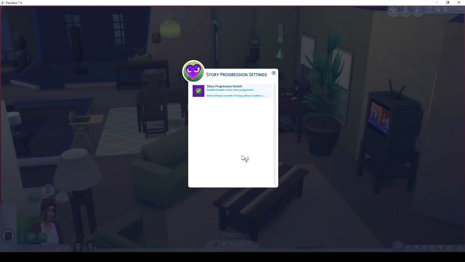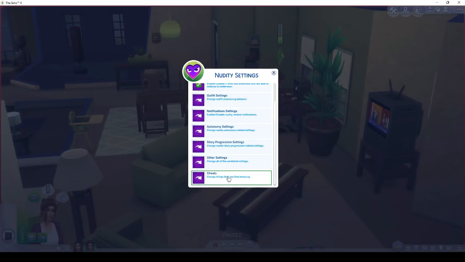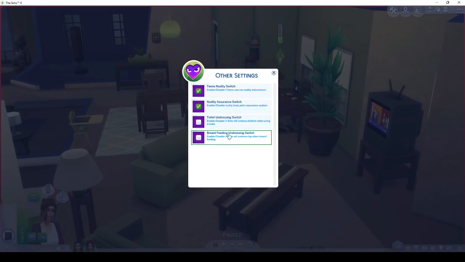Story progression settings. If you want the story to progress with it, so if you want them to learn what it's like to walk around without clothes on, if you want them to decide whether or not they like being naked, you turn that on. Other settings, teen nudity switch. If teens can get naked, check that mark. Nudity body parts assurance system, I don't know what that means. Anyways,